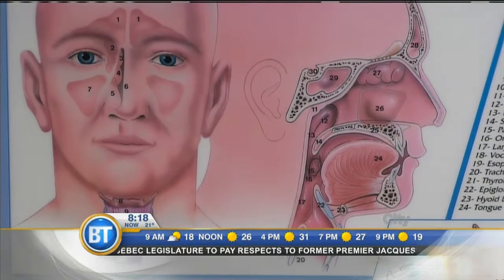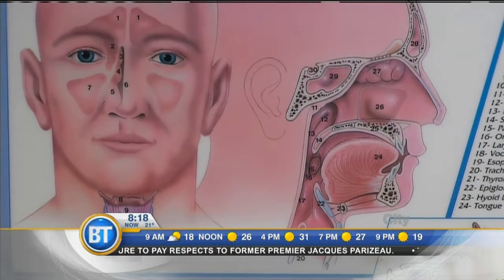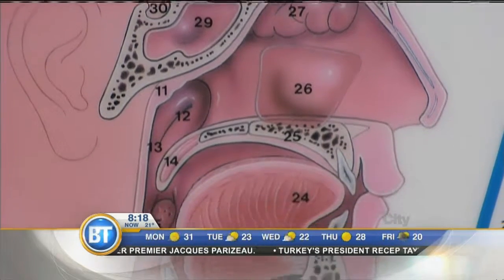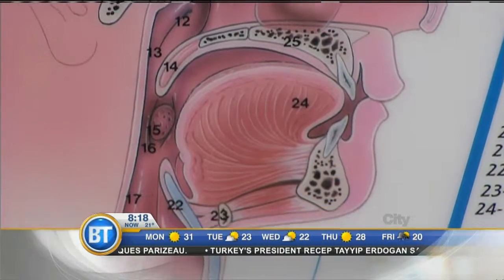Right. Now, if that's not working, if your child's symptoms are a bit more severe, then you want to talk to the family doctor. And then you're going to look at things like prescription strength nasal sprays and eye drops. And those are things that you want to take on a very regular basis. If the symptoms are mild and you're just taking those over-the-counter antihistamines, you can take those as needed. But if it's more severe, you want to be very consistent with those prescription nasal sprays and